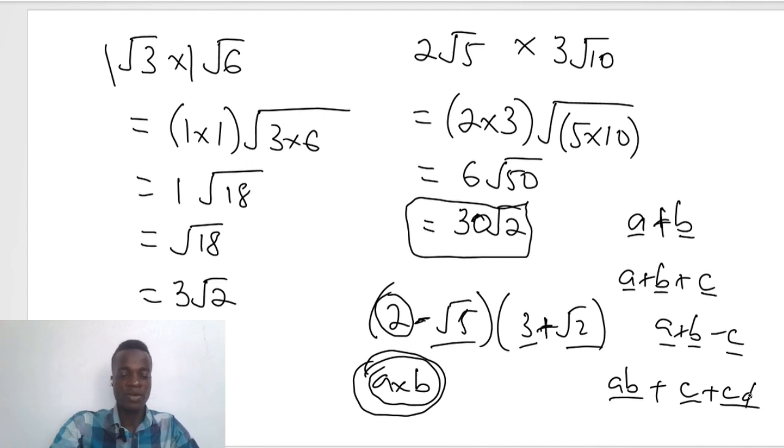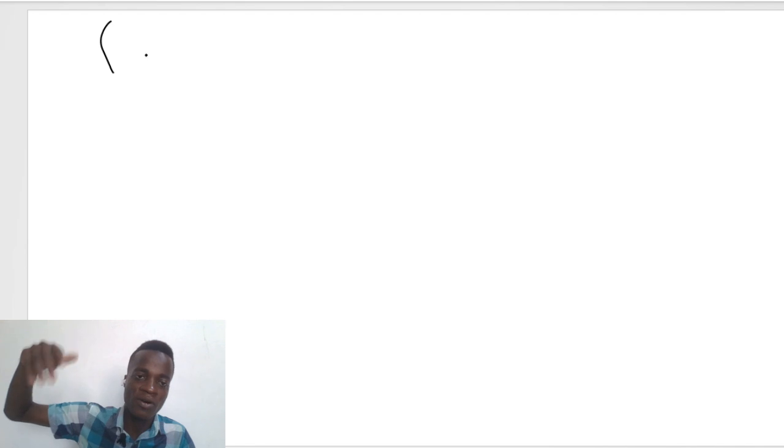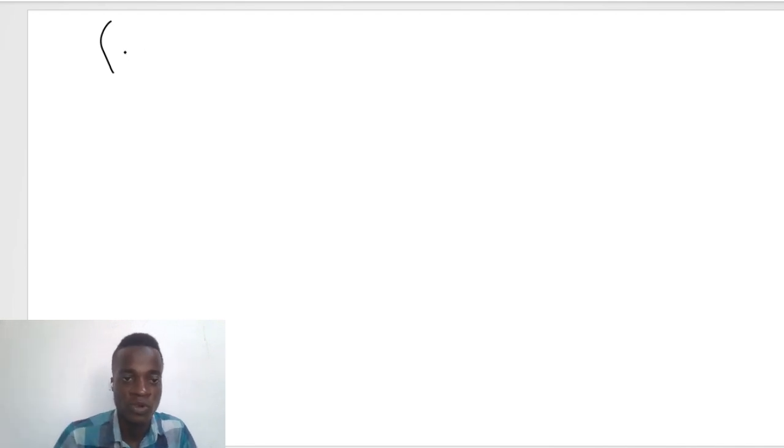And we are going to use that idea when we are doing the expansion. Let's do a bit of expansion. So let's use this example. We know how to do expansion. Now you have to take one element in one group and multiply it by each element in the other group. So if you don't know expansion, please go and revise how to do expansion, because that's what we are basically